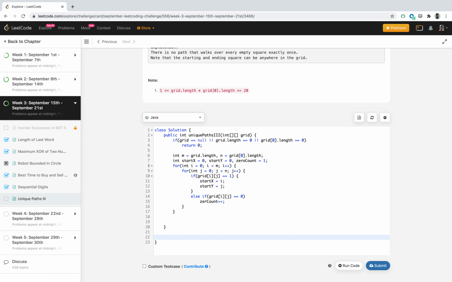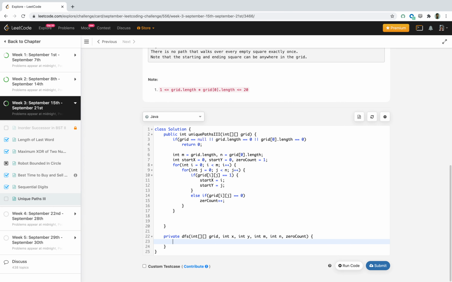Now let's write our DFS method. It will take the grid, the x and y values of the current square, and also m and n, and zero count.